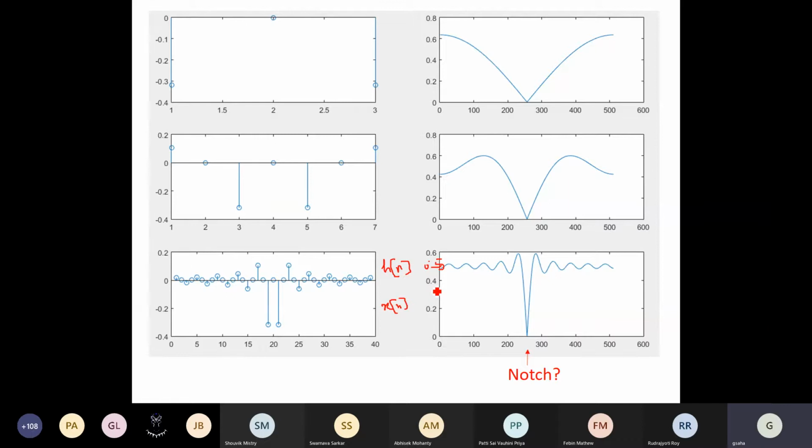Yeah. From the frequency response, we can perhaps think that it is acting like a band stop filter. Okay. Any other point? Any other observation? Is it exactly band stop? What you have said is correct from whatever we have discussed so far, because we have discussed only 4 varieties: low pass, high pass, band pass, band stop. So from that point of view, whatever you have said is correct.